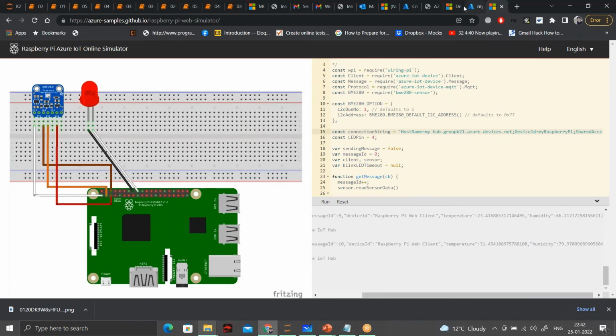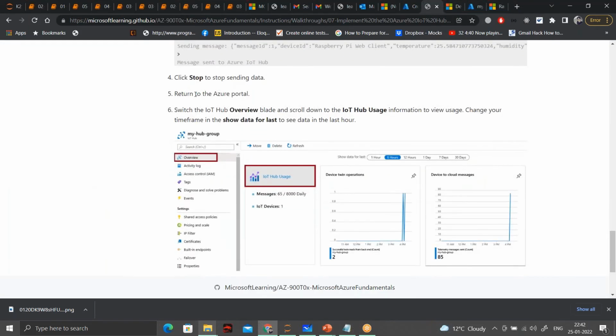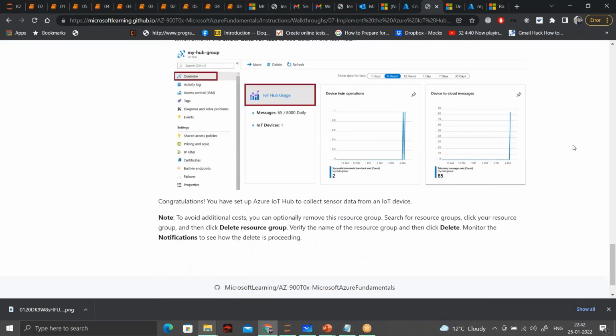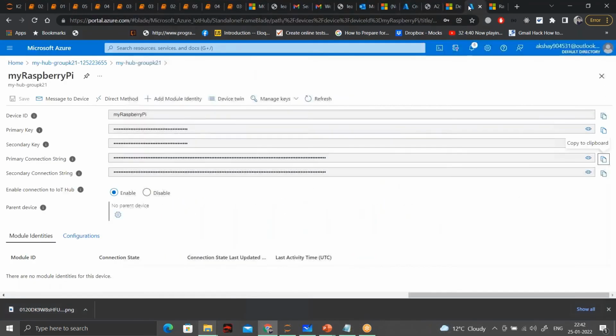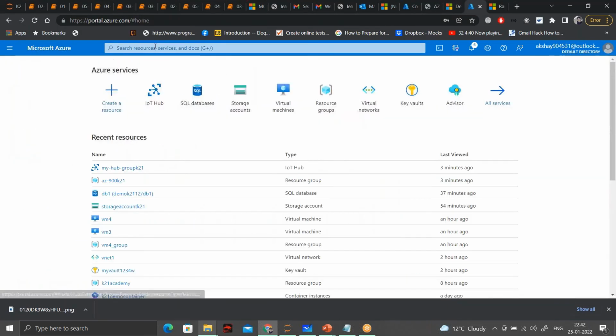Once you have that, we'll go back to the Azure portal, and in the hub overview, in your IoT usage, you will see how many successful messages and devices and other things we actually got from the simulator. So here we are. Let me go to IoT hub.